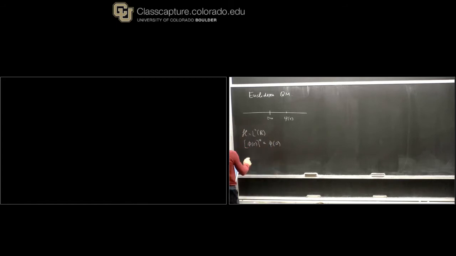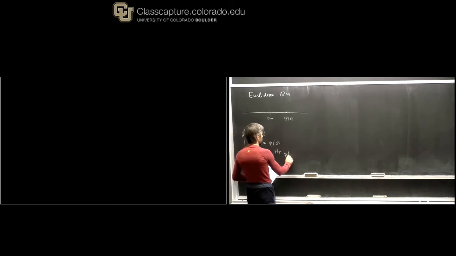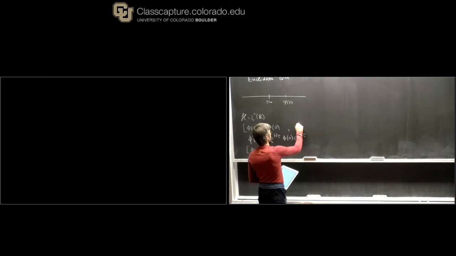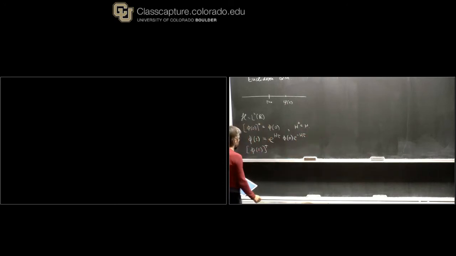On the other hand, we also know that phi of tau in Euclidean quantum mechanics is obtained as e to the H tau phi of 0 e to the minus H tau. This is what you get by Wick rotating. We know that phi of tau is not a Hermitian operator, but we have this relation: also we know that H dagger is equal to H, so phi of tau Hermitian conjugate is equal to phi of minus tau. That's what we know. And one thing in particular that we know is that